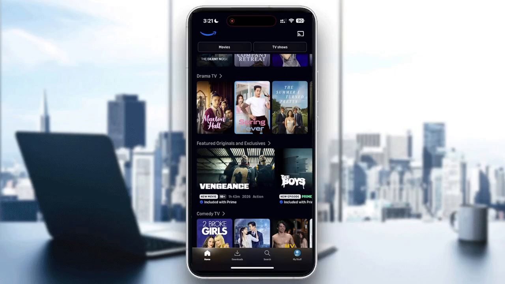So if you want to find exactly what to watch without scrolling endlessly, search filters on Prime Video help you narrow down results based on your preferences. So in this guide, I will show you step by step how to use search filters on Prime Video in